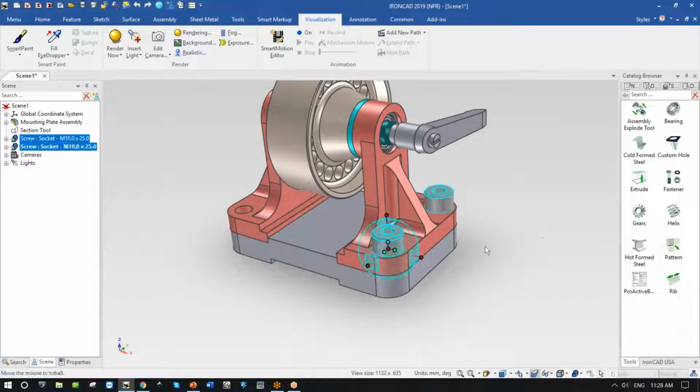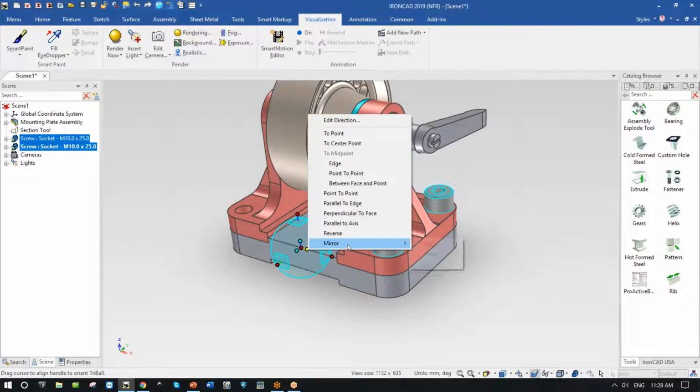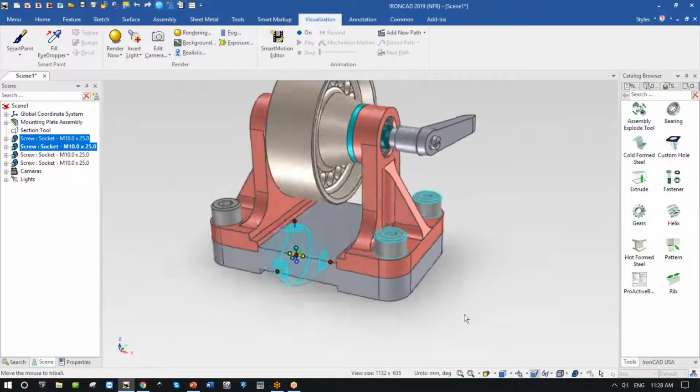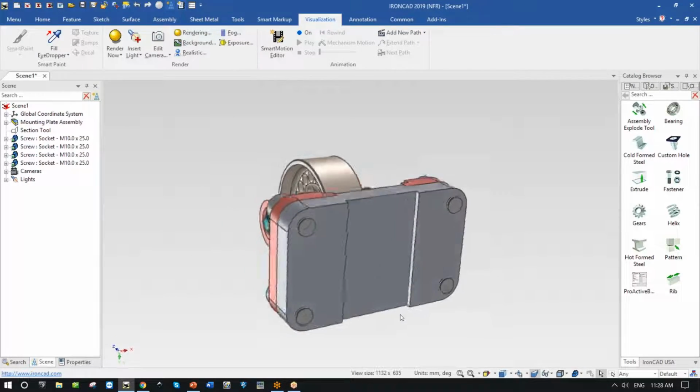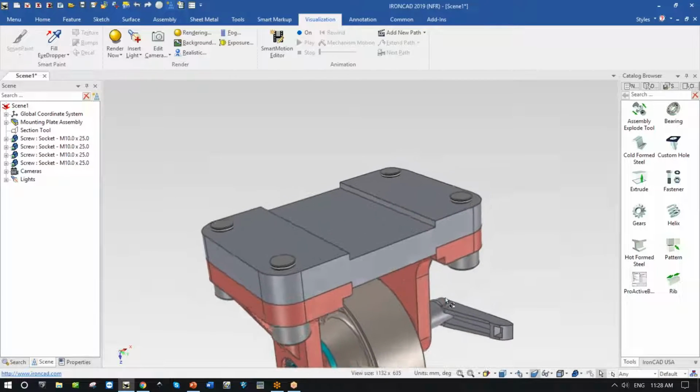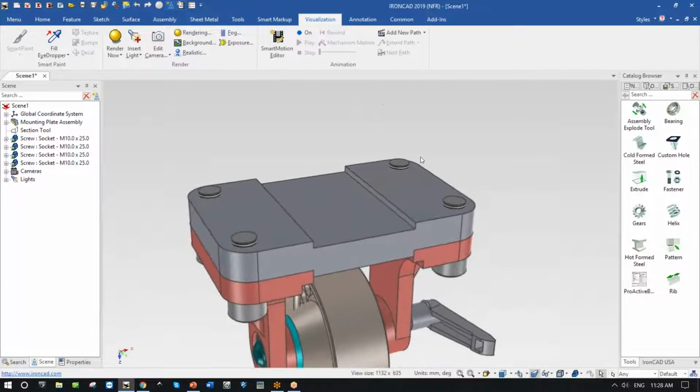So shift select, use my tri-ball to just move them over here. Done. Lock it into position and mirror those. Link it. Excellent. So as you can see, we've now added our bolts, and here's a very simple trick, which I think